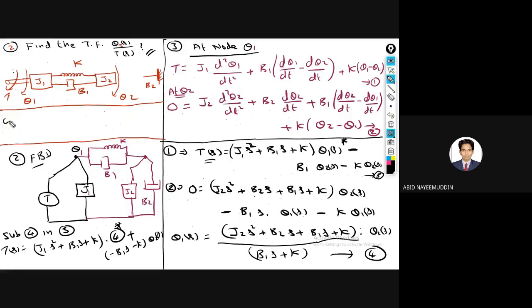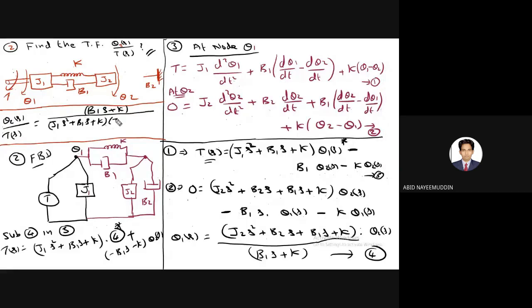So you will get theta 2 of S by T of S is equal to, the final answer is, in the numerator B1 S plus K, and in the denominator, verify later on, J2 S square, J1 S square plus B1 S plus K